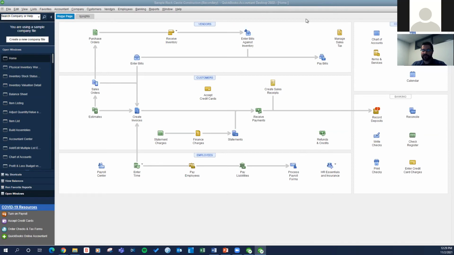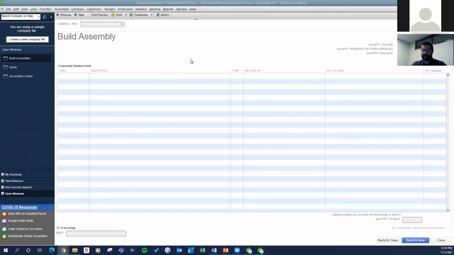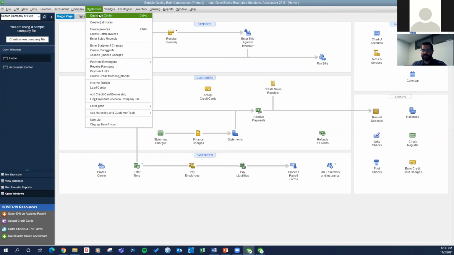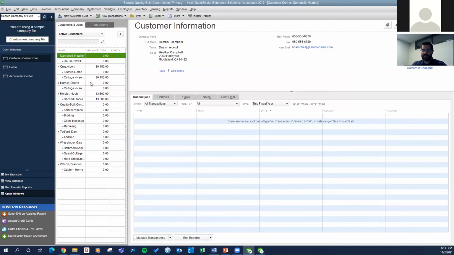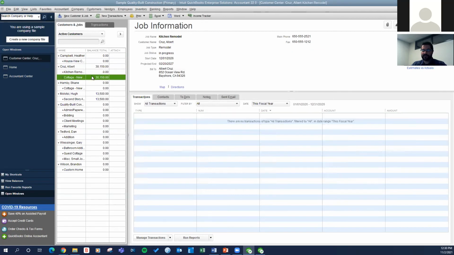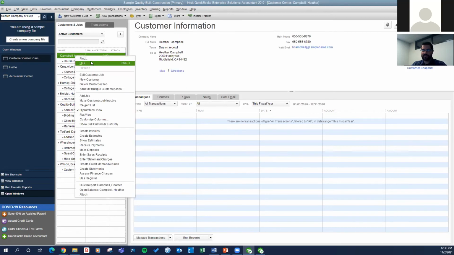Okay, so now I'm going to move to the enterprise here. So then getting into job costing. So to create a job, you'll see you have these customers, and then underneath them, here in the sample company are some jobs that are created underneath these customers. So it's creating